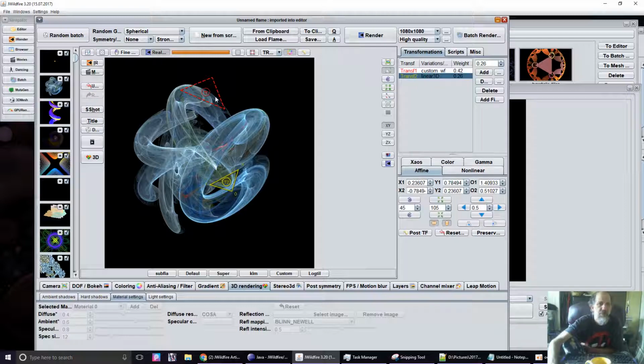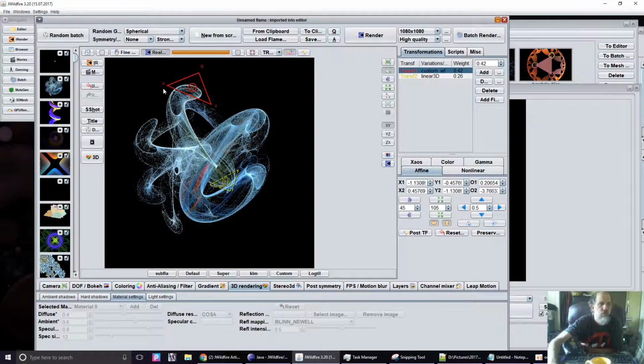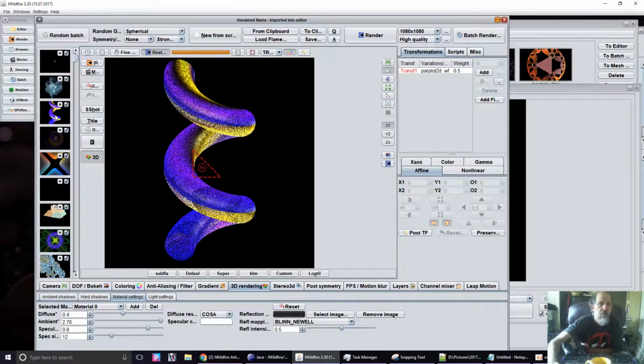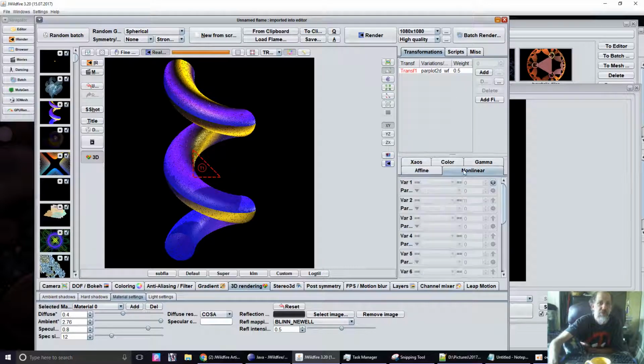Today I am going to be showing you how to make something I am calling flame plots, which is basically using par plot formulas but as regular variations. For example, here I use